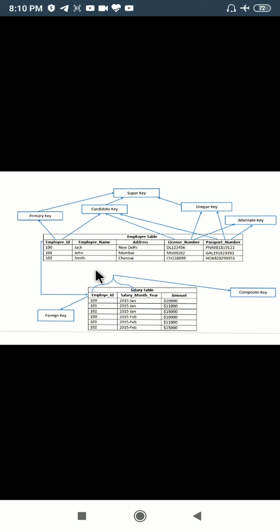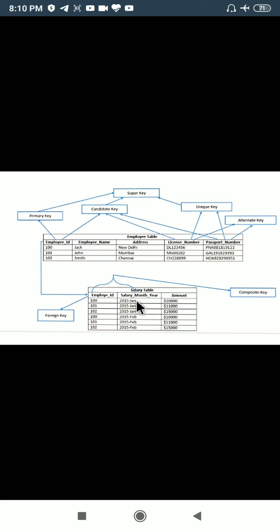So in this type of table where there is no individual field that qualifies to be a primary key, in that case what we will do, we will combine two fields together, two or more than two fields. If two is not possible, then we will combine three fields together to make a primary key. Now we will say key if employee id is this and salary month is this, then amount is this.